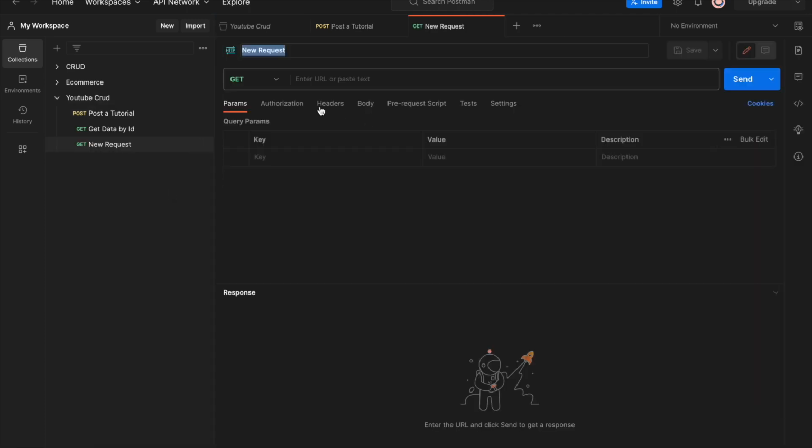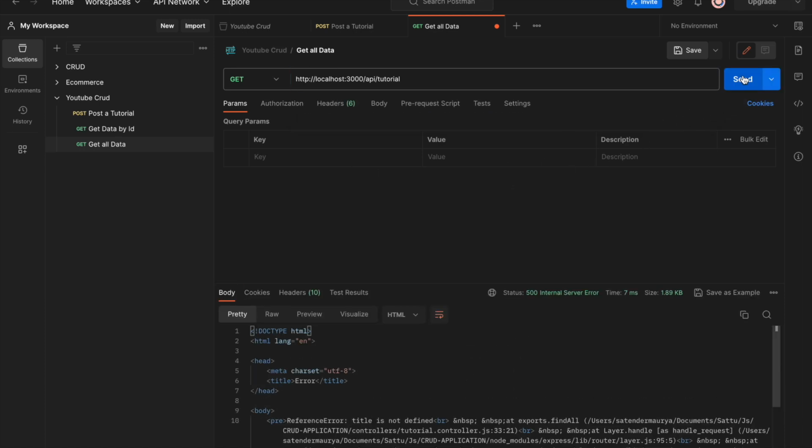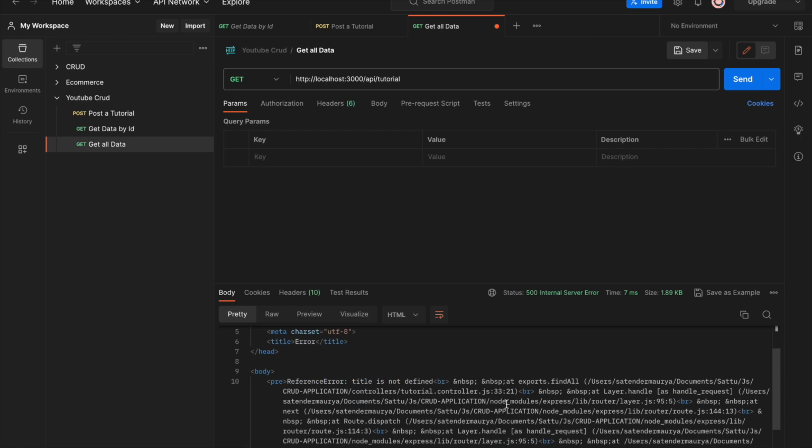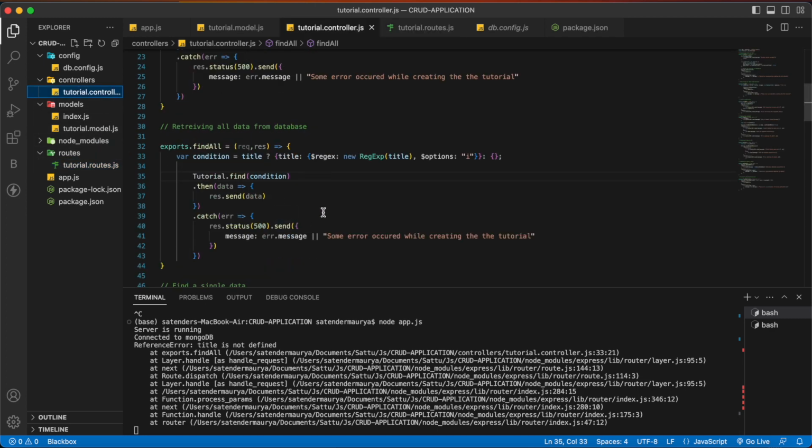And this will be the GET request, and I can name it get all data, and then we are going to specify our URL, which will be this, and just send it. I think we got an error here. findAll CRUD application, this is not defined, so let's handle that. So findAll, and here